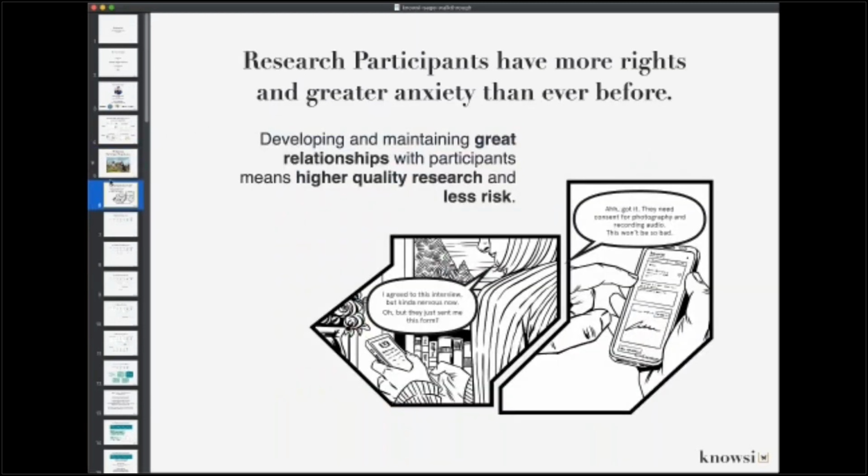So research participants these days have more rights and greater anxieties than ever. We're living in a world where privacy conversations are really coming to the fore, and it's sort of incumbent on us as designers and researchers to really try to understand how to create a great relationship with our participants to get the highest quality research and make sure that their rights are protected and the actual risk to our project is lowered as much as possible.